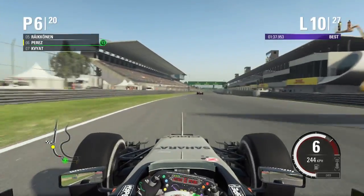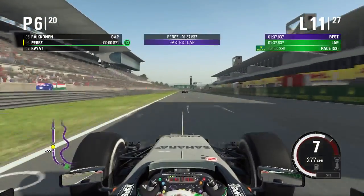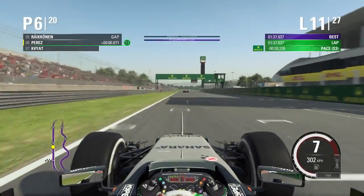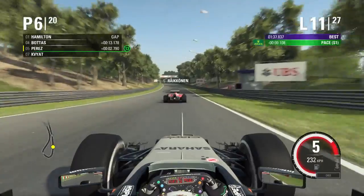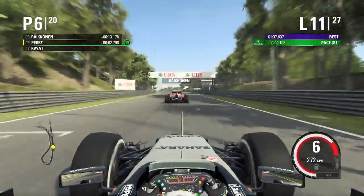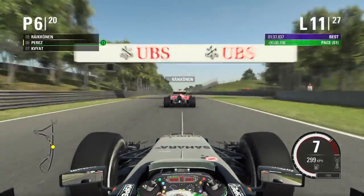Teams and cars are starting to split their strategies. Some people are going for 3 stops, some people are going for 2 stops. So things are really starting to heat up and get a bit tasty now here in Japan. And as you can see, we set another fast lap of the race, so we are really starting to get on the pace now on these medium tyres, and we're on the back of Kimi Raikkonen,